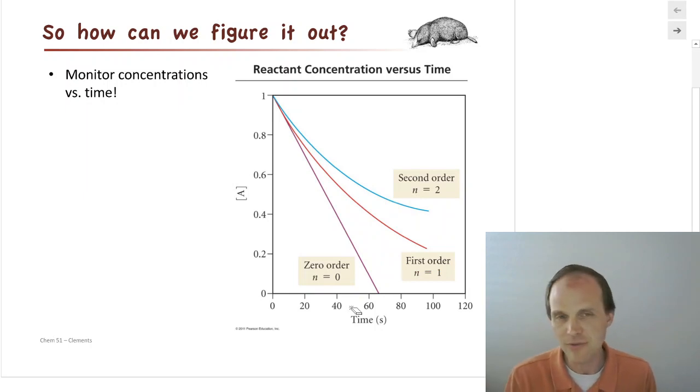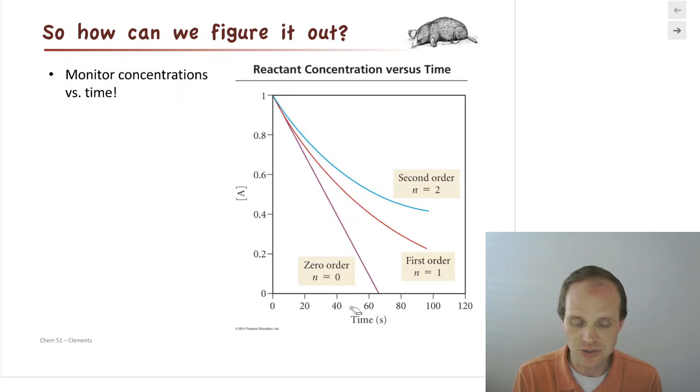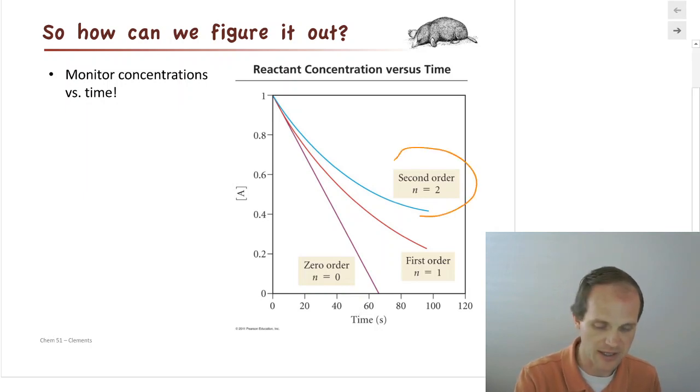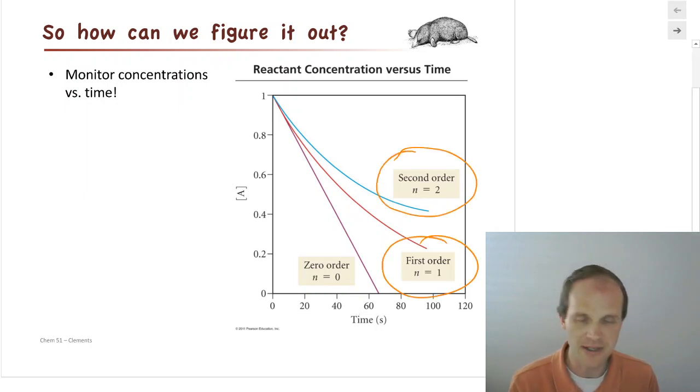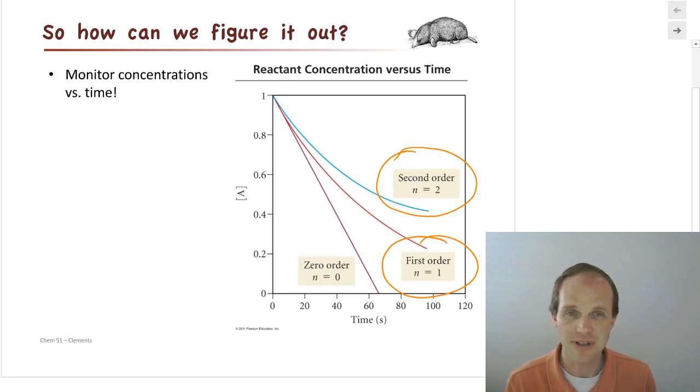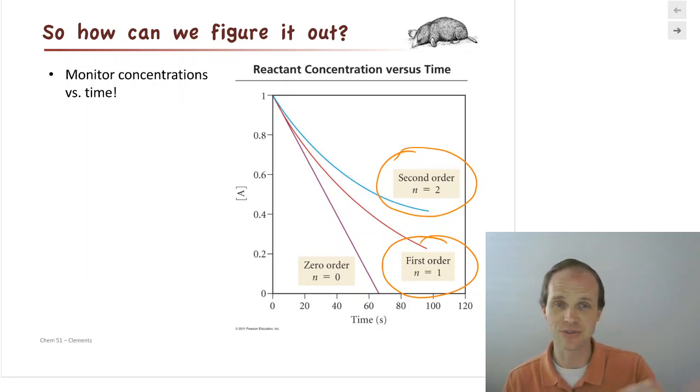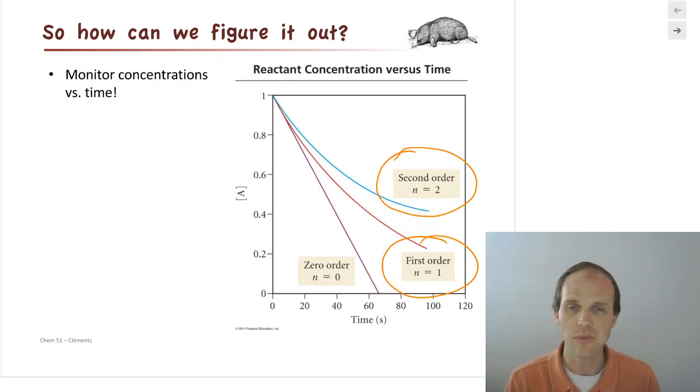But then what if you wanted to distinguish between first order and second order? So n equals 2 and n equals 1. Well, both of those are curves. And you're like, well, the n equals 2 curve is curvier. And that's nice when you have an n equals 1 and an n equals 2. And by the way, n is the order. When you have an n equals 1 and n equals 2 curve, then yeah, you can compare them. You're like, hey, look, this one's curvier.